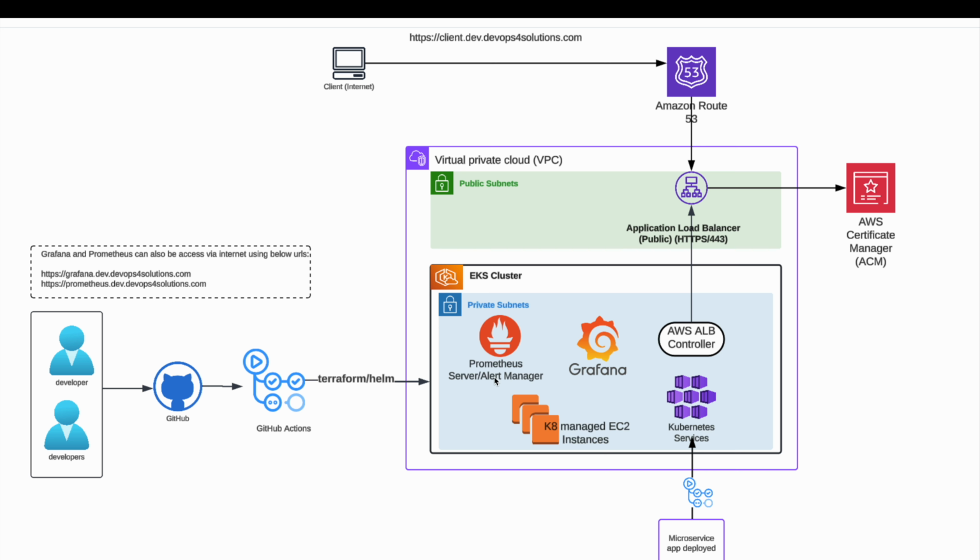We will also have Prometheus and Grafana that can be accessible via the internet using these URLs below. So once we have the infrastructure deployed successfully, we should be able to hit these URLs and the client URLs also. And because this video is created from a demo perspective, this is accessible on the internet for everyone,